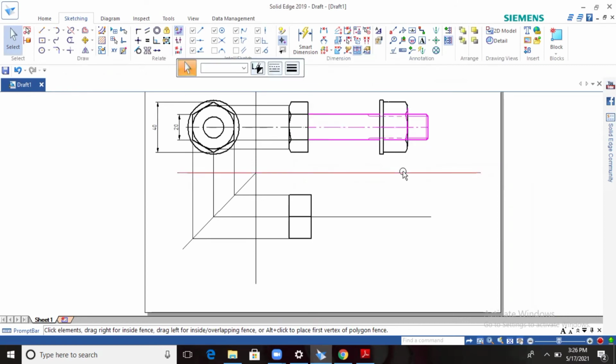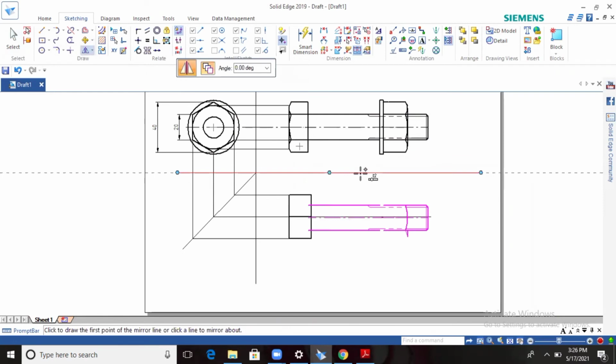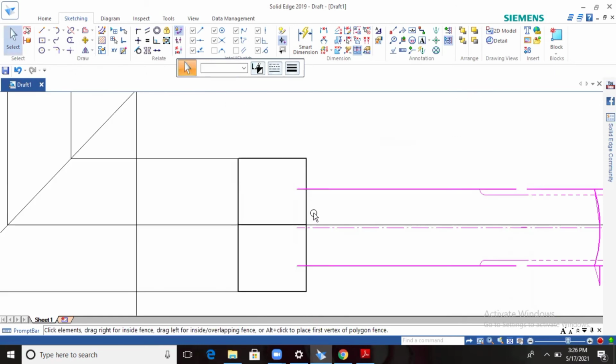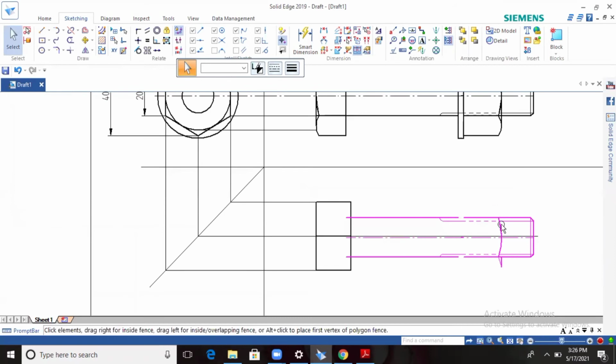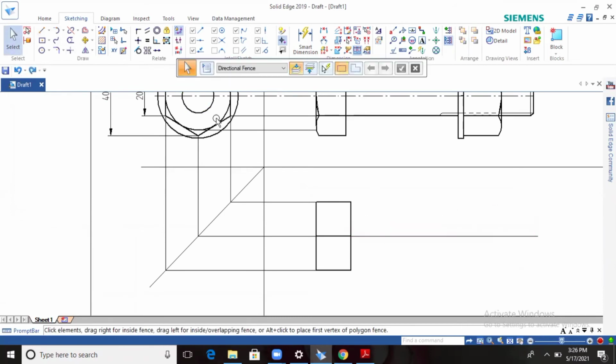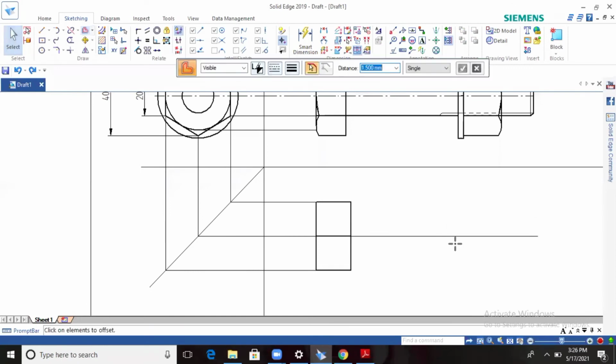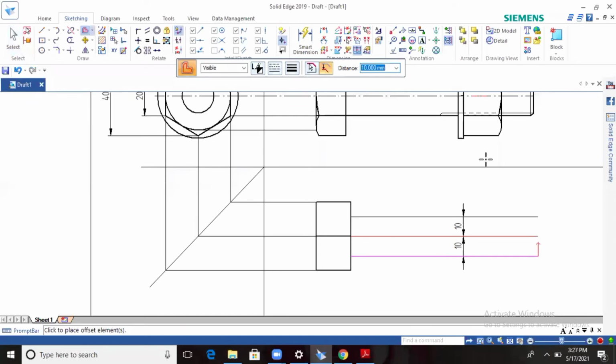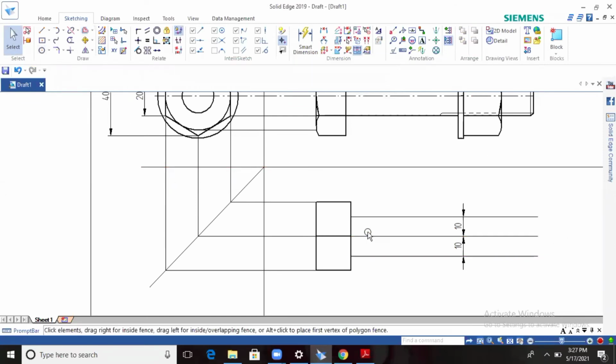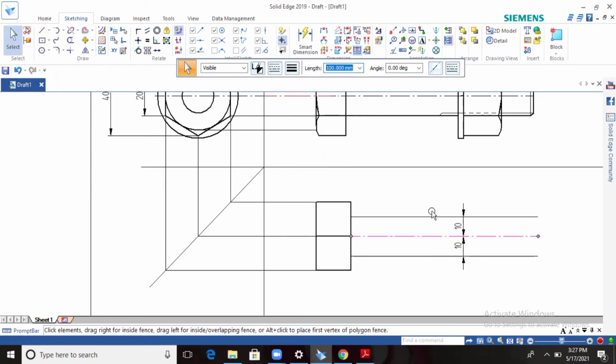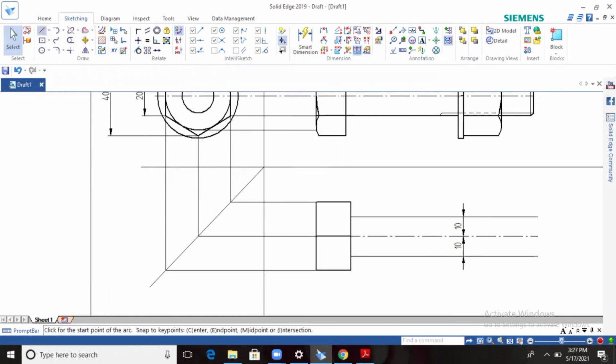So I try to copy by mirroring this one. Yes, it is available properly. Okay, you can do it, but the length will vary. Carefully see. If you do this you can do it easily, but the length will vary here. So better you draw it. So 10 upwards and 10 downwards. Okay, and this line is the axis line. So join it.